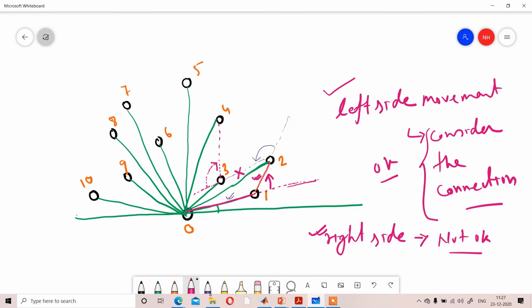Clear? So again we will consider connection 3 to 4, already considered. Now we will consider connection 4 to 5. So the movement was straight line like that from 3 to 4 and for 4 to 5 movement is towards that side. So the previous connection is okay.